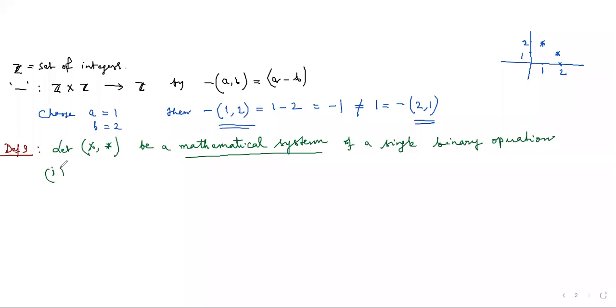Then number 1, star is called associative if for all x, y, z in X, we have